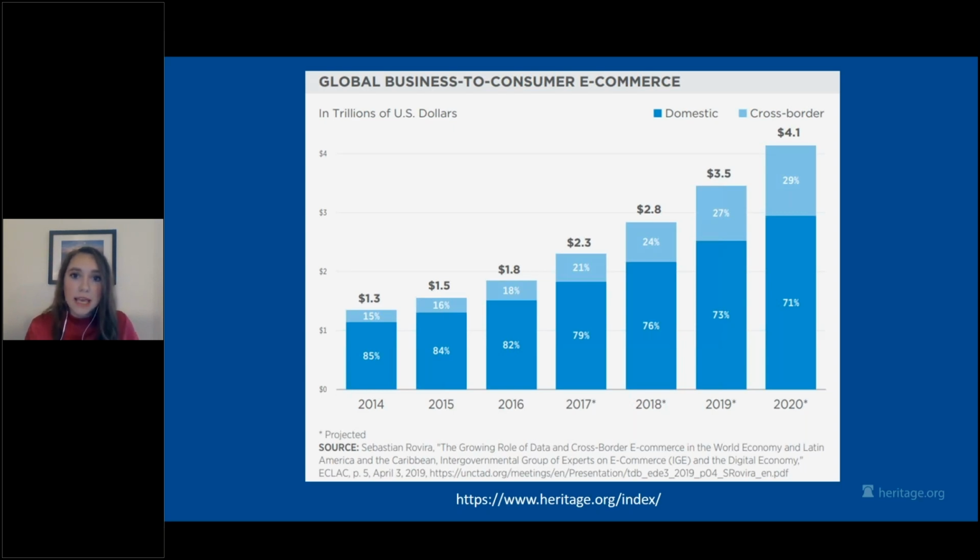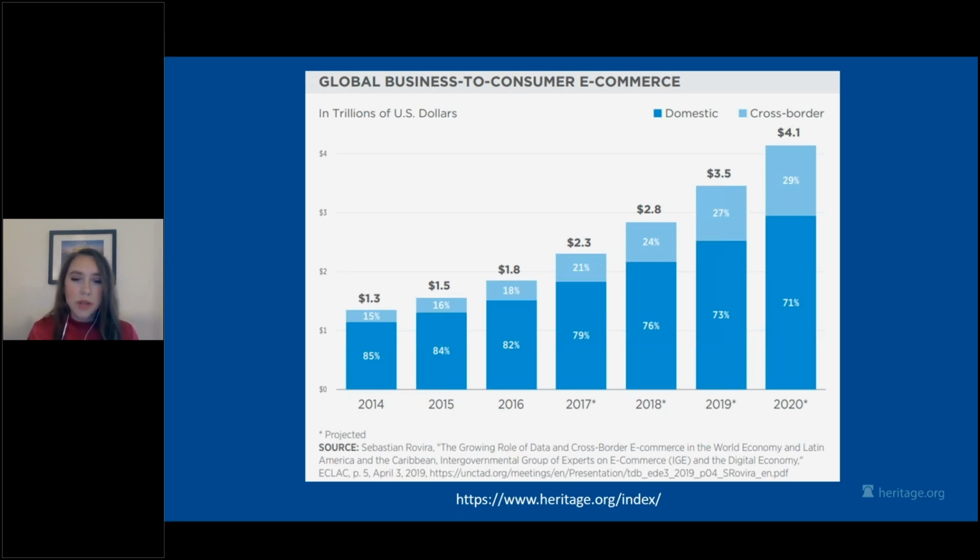Digitally processed transactions can be digitally delivered or physically delivered. So for example, a transaction that would be digitally processed but physically delivered would be buying a book on Amazon and it literally being delivered to your door. An example of a digitally processed transaction that is digitally delivered would be subscribing to a webinar and then watching it online. Underlying all of these transactions are data flows.